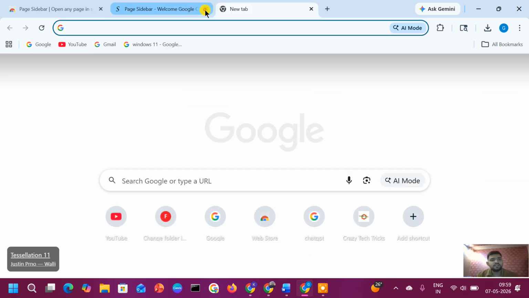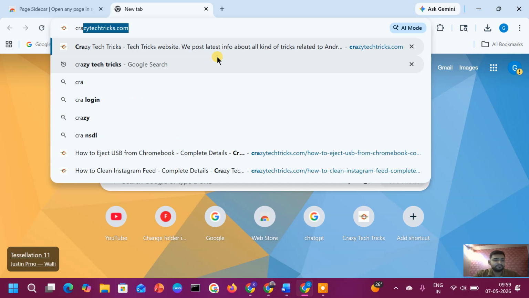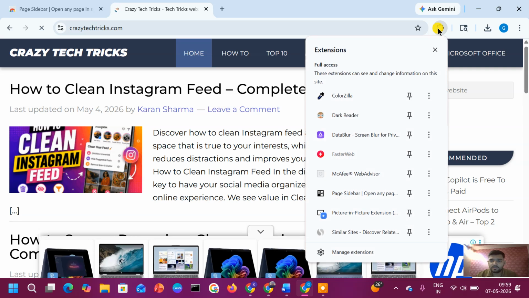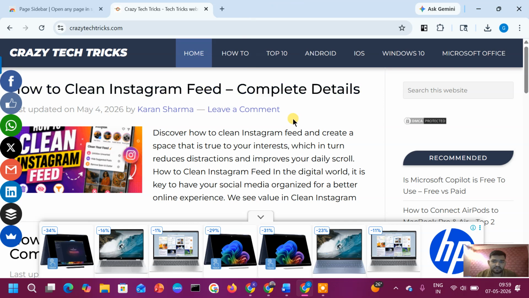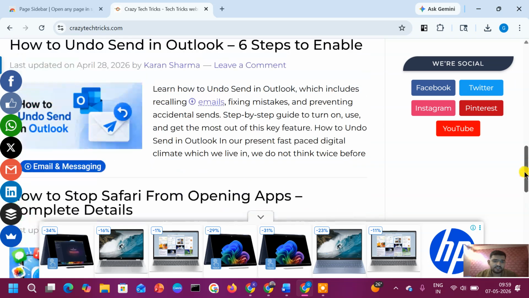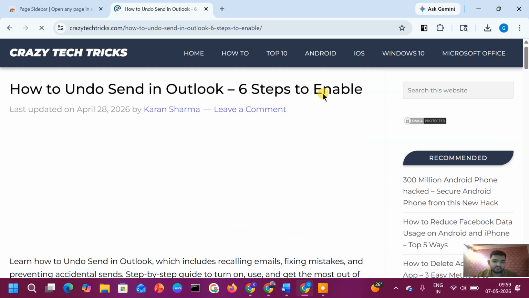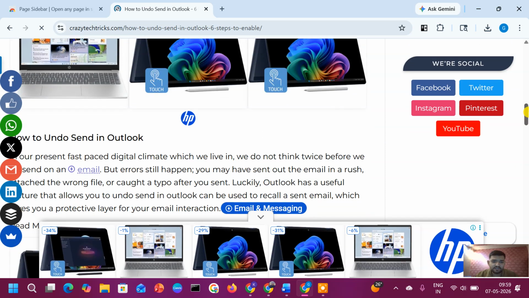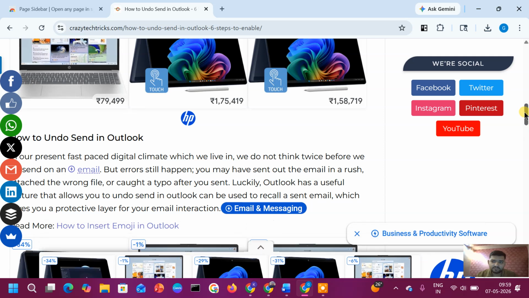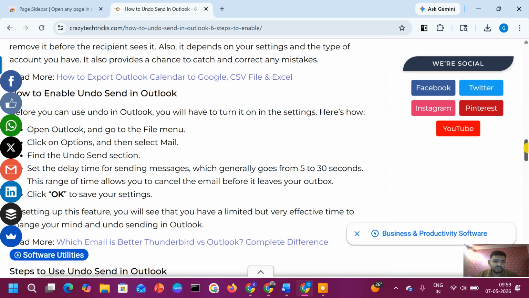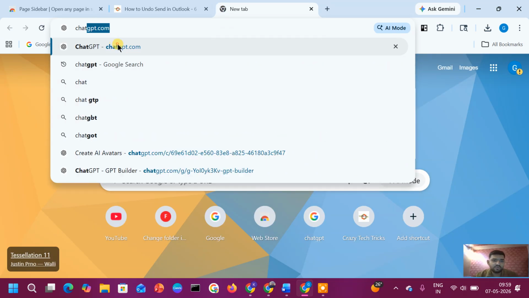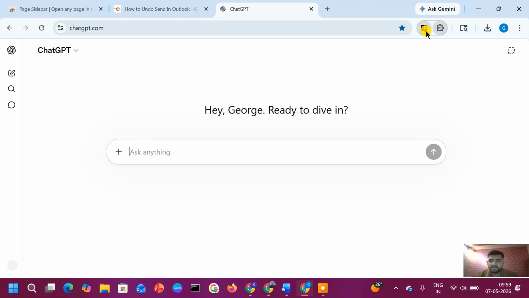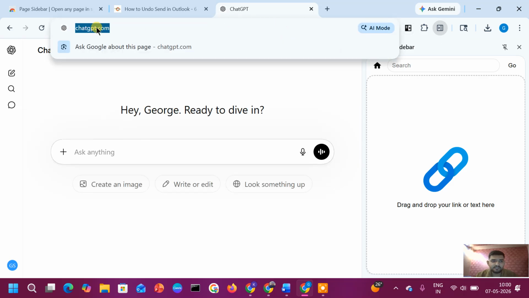Now, I want to read any article. Firstly, click on the puzzle icon and pin the Page Sidebar. Like, I want to read any article, but in this article I need a little more help with AI. Then open a new tab, like I am opening ChatGPT. Then select Page Sidebar. Here, copy the link,